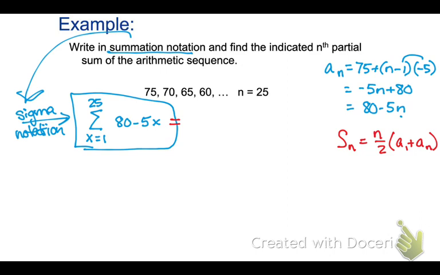So, what's our n? 25, because 1 to 25 is 25. What if it was 0 to 25? Then it would be 26, because we're counting the numbers, not the spaces. Okay. A sub 1? 75. Oh, we didn't check our equation. Minus 45.